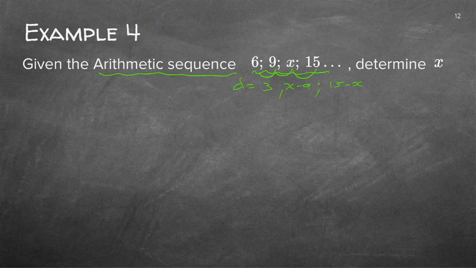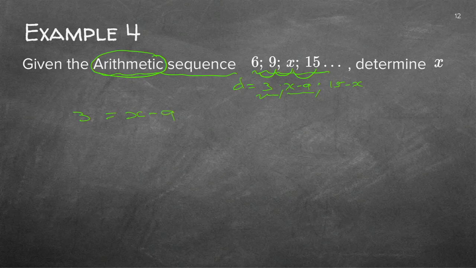You remember we take right-hand side minus left-hand side. I hope that's a pattern in your mind already now. Never the other way around, because then it will all be wrong. So I did right-hand side minus left-hand side, and there's all my d's. But luckily, I know because it's an arithmetic sequence, the d's are supposed to be the same. So if I take my first d, which is 3, I can put it equal to my second d, which is x minus 9.